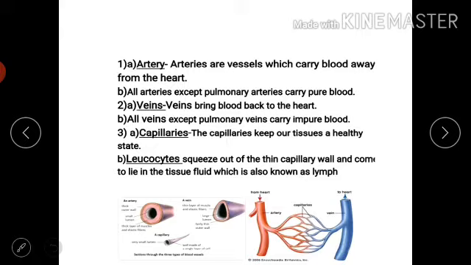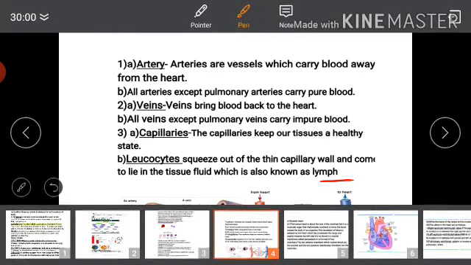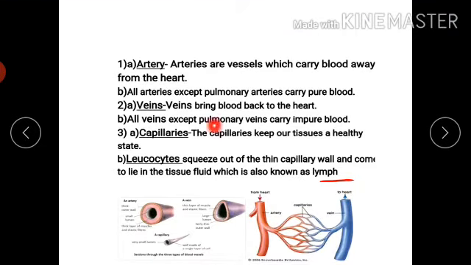Capillaries. The capillaries keep our tissues in a healthy state. Leukocytes squeeze out of this thin capillary wall and come to lie in the tissue fluid, which is also known as lymph. Now, here we can see the difference between artery and